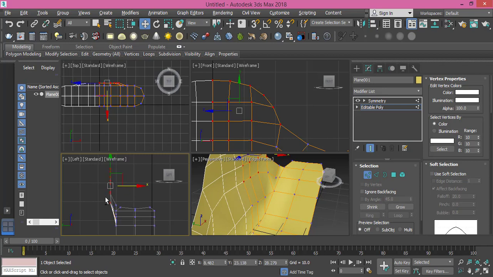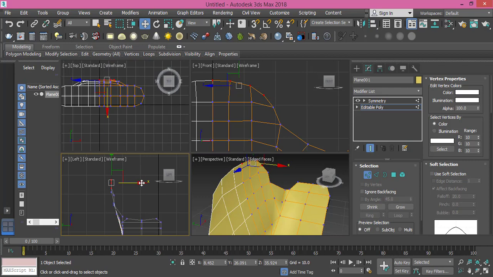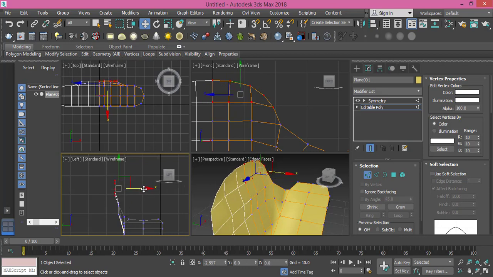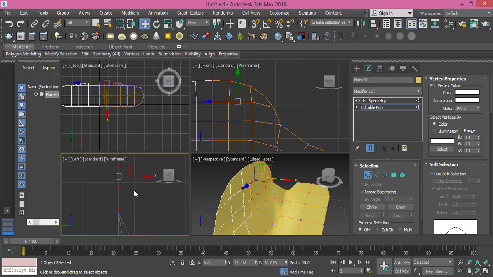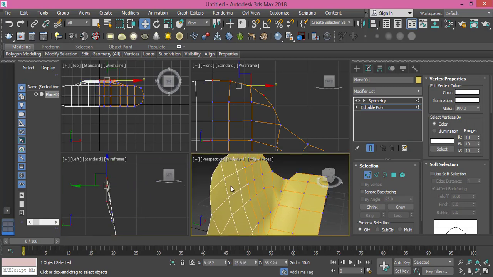Push back again, push back, this is one group. Okay,